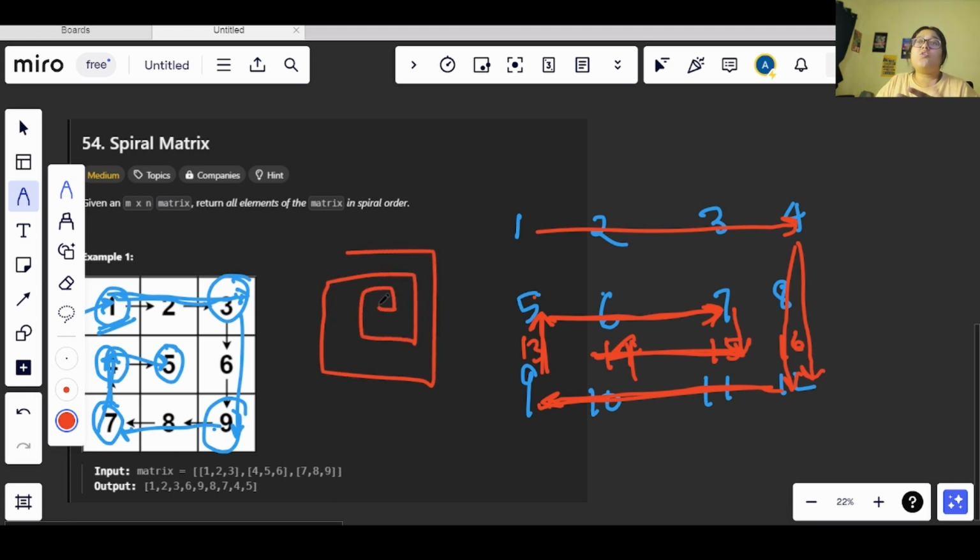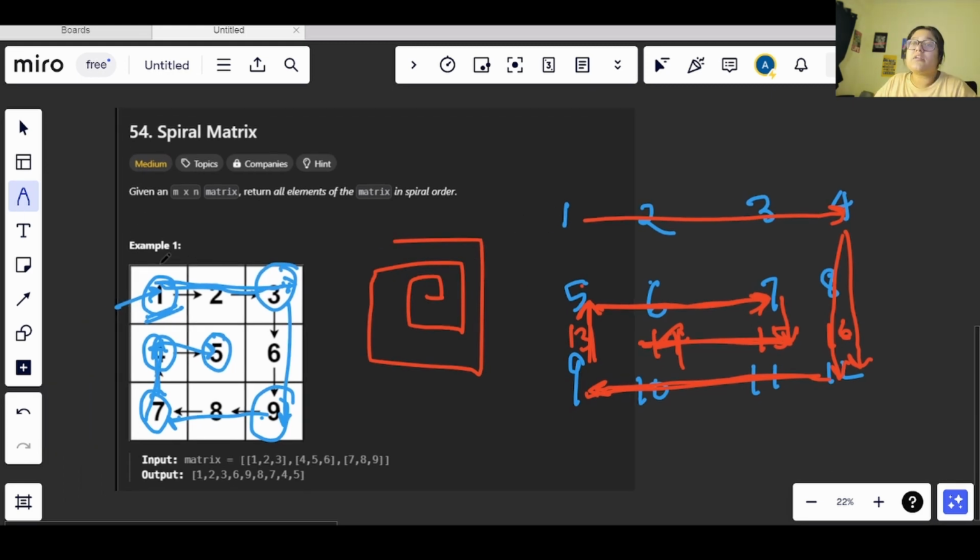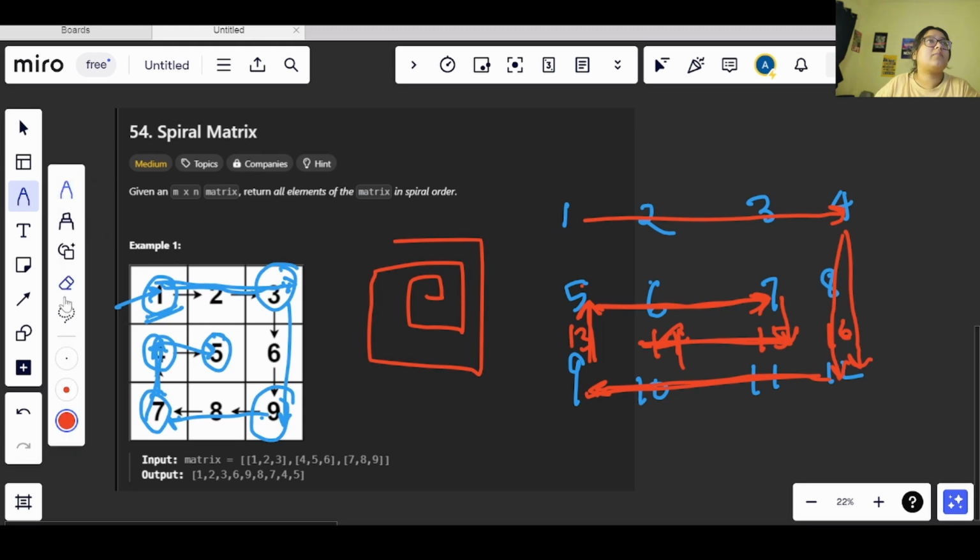Now how do we do this? The question is this. There are quite a few ways to solve this, but we will go with the optimized approach, which will also be the easiest approach that you will go through. Let me clear this out.